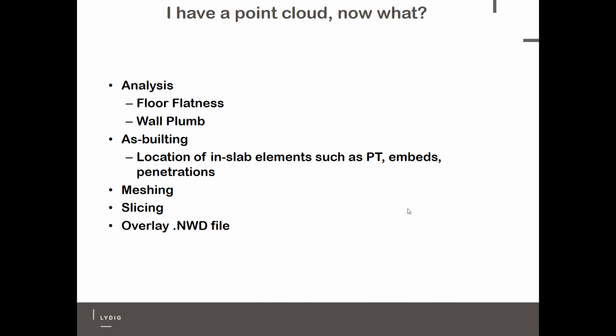Okay, so you have a point cloud, pulled it in, you've aligned it. Now what can you do? Well, there's actually a lot. Recap is really not an obvious tool. It looks really limited in functionality, but it actually has a decent amount, which I've started to realize over time. So real quick, once you have it, you can easily run a floor flatness